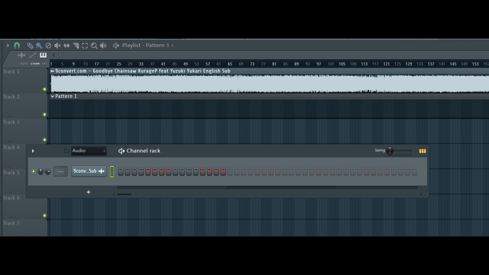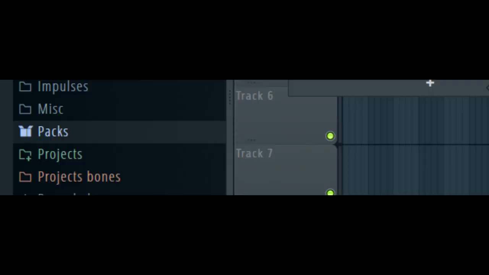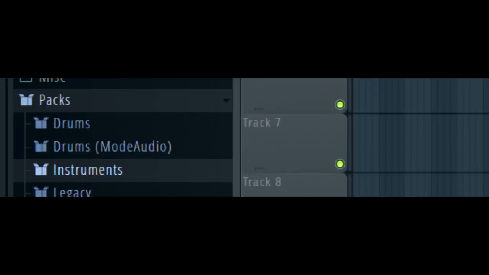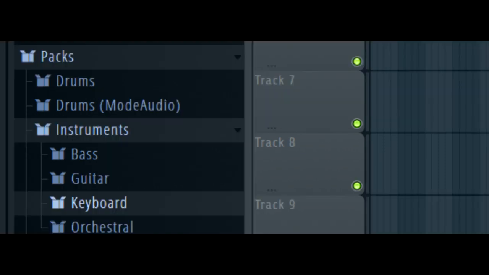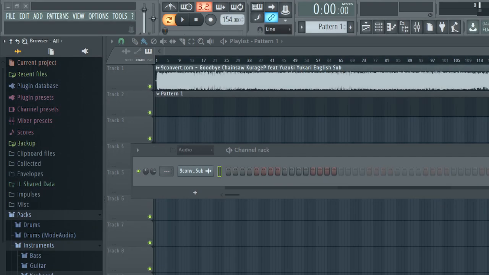Now on the browser, on the top left, click on the icon that looks like an audio spectrum. Afterwards, click on Packs and then go down to Instruments, and after that, click on Keyboard. I personally like to use Stage Grand Piano, but you can honestly choose whatever works best for you or whatever you like the most. After you choose which one you like, click and drag the piano VST to the channel